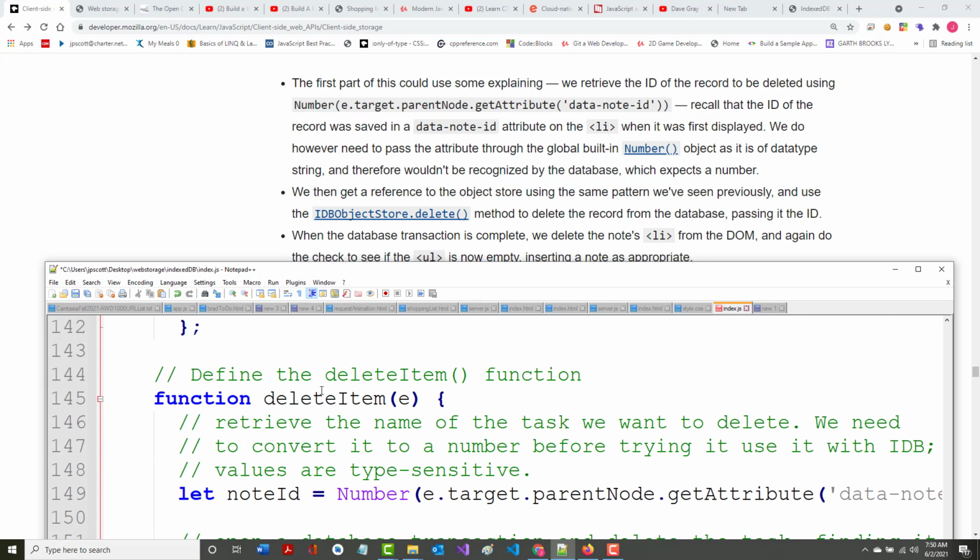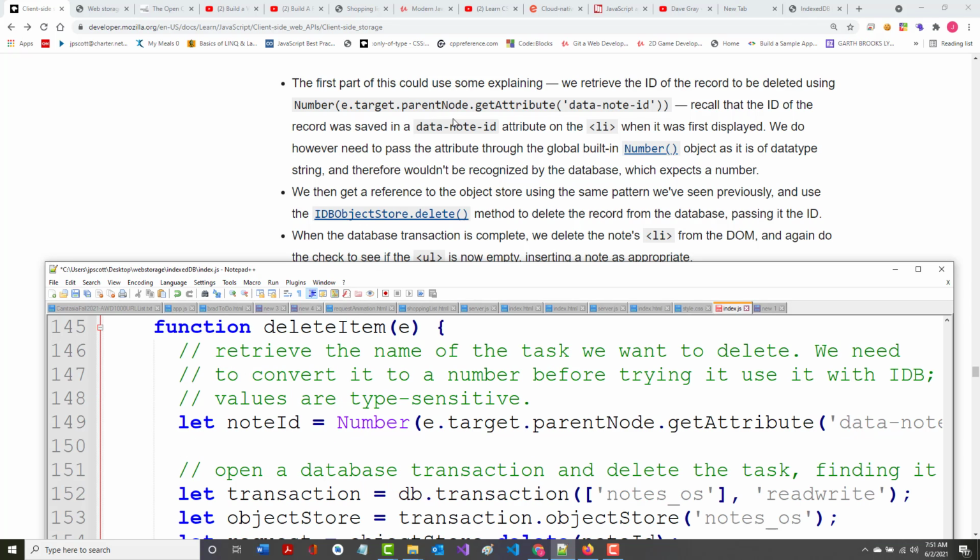All right. It says the first part of this could use some explaining. We retrieve the ID of the record to be deleted using this. In other words, we want to make sure we're deleting the right record. Imagine that we had 2 Jeff Scotts who both worked in the IT department at Rankin in our record structure we looked at before. One could work here in Wentzville, and one could work in, for example, St. Louis. And before you laugh and say, "Oh, that'd never happen,"